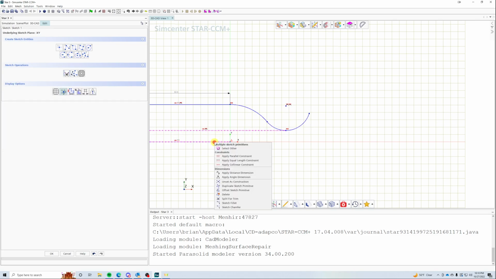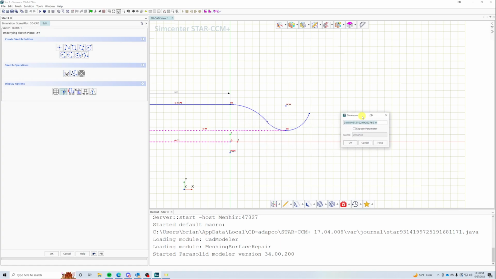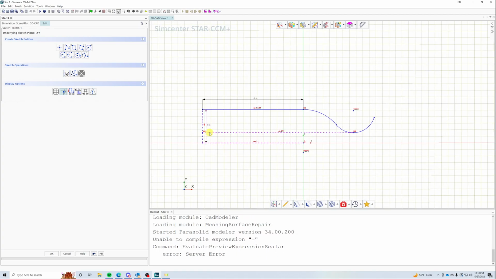So if I set a distance constraint, let's see, can I actually do this? Hold up. I want to see if I can make this a function. Actually, hold on. I'm going to expose this parameter, which means I can modify it from outside of the 3D CAD environment inside of Star. We're going to apply a distance. We're going to make this equal to